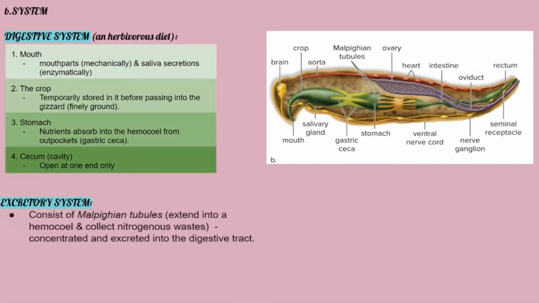The excretory system consists of Malpighian tubules. These are the Malpighian tubules, which extend into the hemocoel and collect nitrogenous waste. Solid nitrogenous waste like uric acid helps conserve water. Next is the